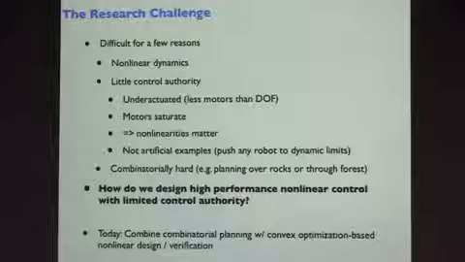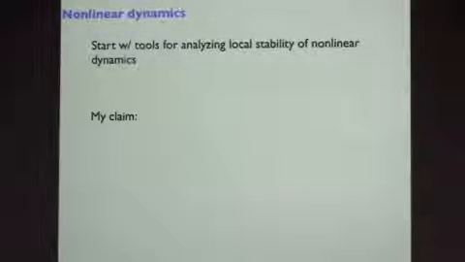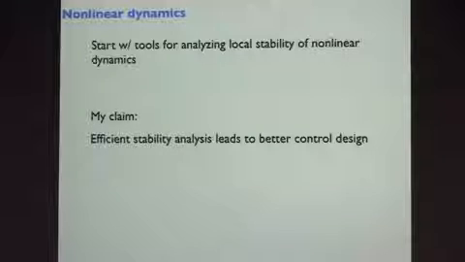Design and verification. Okay? So let's talk first about nonlinear dynamics. So how do we address the nonlinear dynamics of the machine? I want to start with talking about tools we're using for analyzing the local stability of the nonlinear systems. I'm going to try to convince you that if we can efficiently analyze the stability of the system